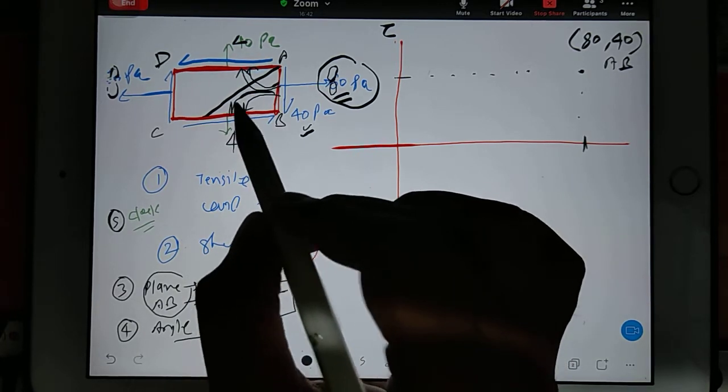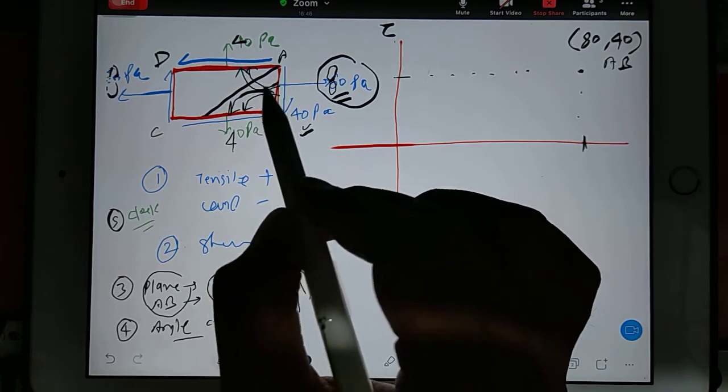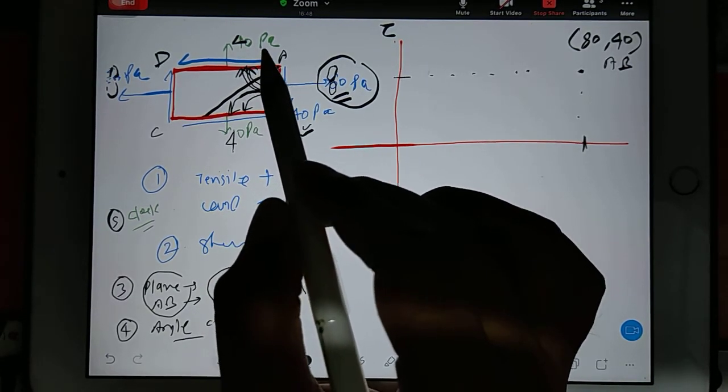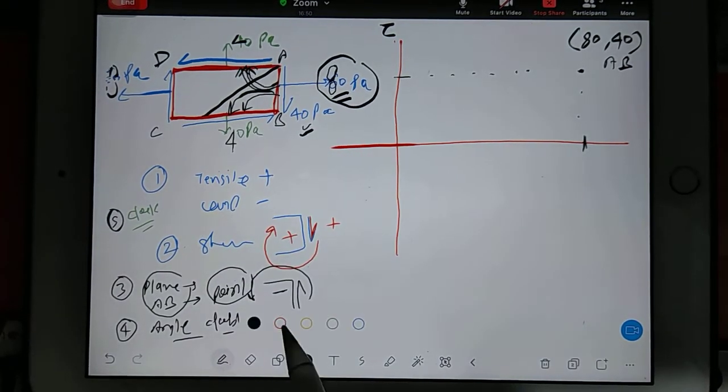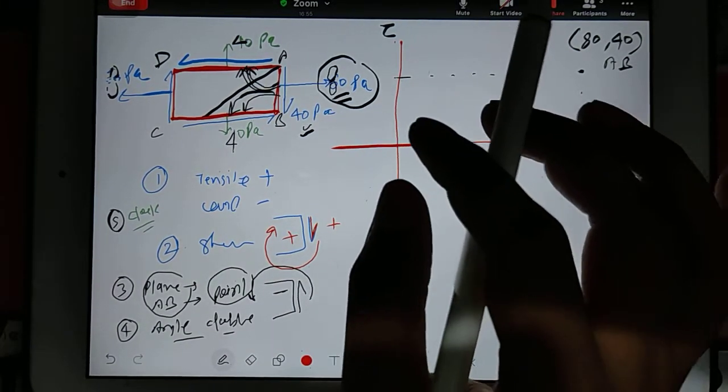So if you go like this, then you have to go anti-clockwise, but angle 90 degree. So first plane if you are choosing, because only two planes are required to draw the Mohr circle, only two planes. So you have to draw now plane AD. Now how will you draw plane AD?